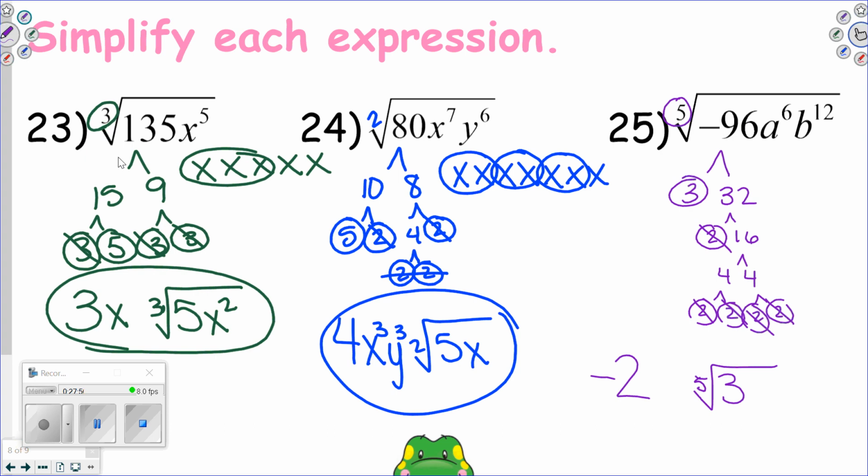All right, so then let's stop for a minute and look at these A's. I have 6 A's. I need 5 in a group. So I have 1 group that comes out, and I have 1 lonely A that's left over. 1 group of 5 comes out, so just 1 A comes out, and 1 A has to stay in. How about the B's? It's going to be B squared, and what goes in here? Another B squared. Again, if you're not certain,